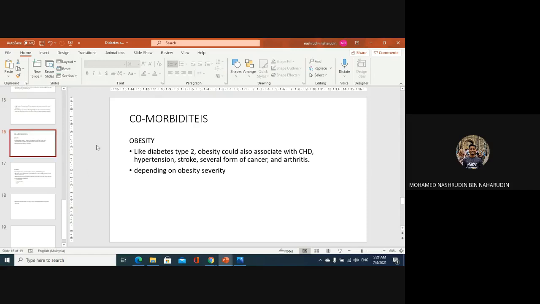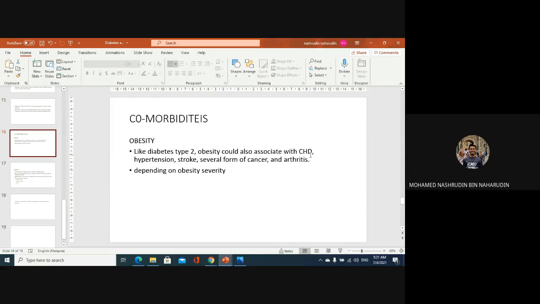So these are the comorbidities, or side illnesses, of both obesity and diabetes. Obesity, like type 2 diabetes, also has a few conditions that come together with it, which are cardiovascular heart disease. Usually obese people will have cardiovascular heart disease, because obesity is excessive lipids, and excessive lipids, of course, lead to the potential of having